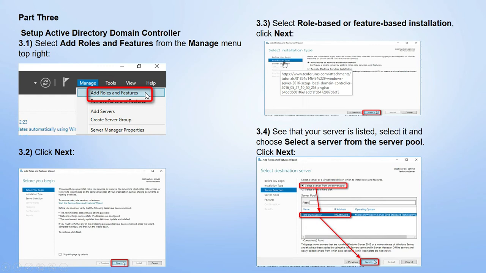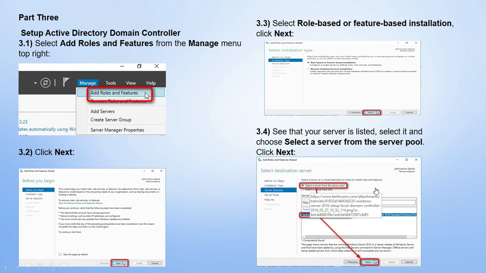So here you select role-based or feature-based installation, then select the next option. After that, see that your server is listed, select it, and choose Select a server from the server pool. Then click Next.